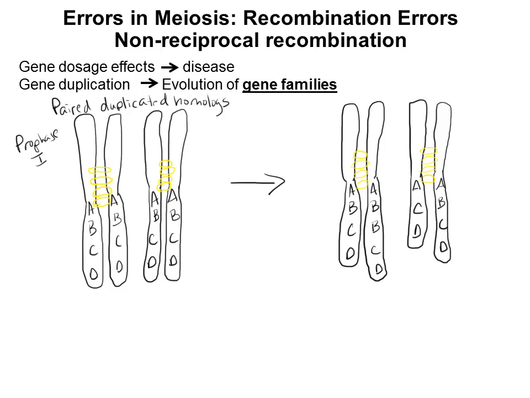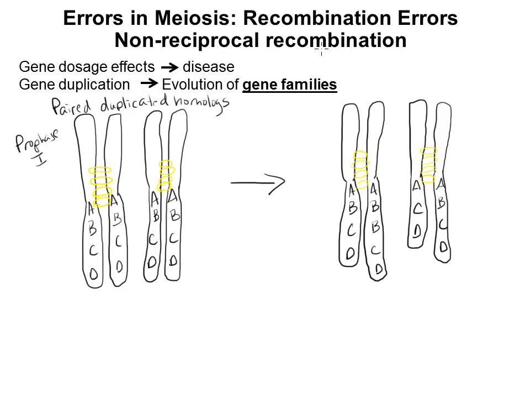So we're going to talk about a couple of different types of errors in meiosis. We're going to talk about errors that occur during recombination or crossing over, when DNA molecules are actually breaking and exchanging genes. And then we're going to talk about errors of segregation, where there's a failure of the spindle checkpoint during meiosis, either meiosis 1 or meiosis 2, and therefore the chromosomes don't segregate properly in that cell division. But we're going to start with recombination errors. So the first type of recombination error that I want to talk about is what's referred to as